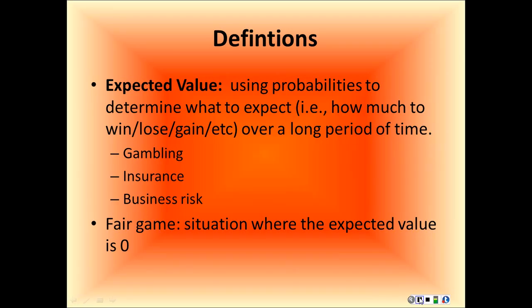And so obviously when you talk about expected value, it can be just about any number, and it corresponds to typically money lost or gained. Obviously the more positive it is, the more you stand to gain from this particular event. The more negative it is, the more you stand to lose from an event. And so a fair game is considered where the expected value is absolute zero. It means that, all things considered, on average, you have an equal chance of winning as you have of losing, and in comparable amounts.